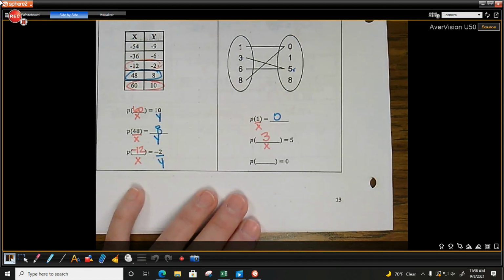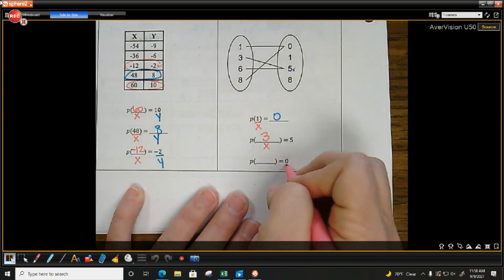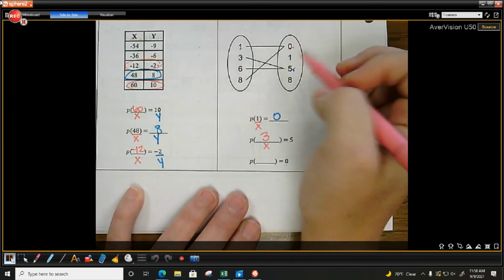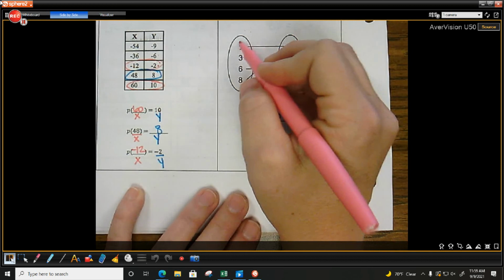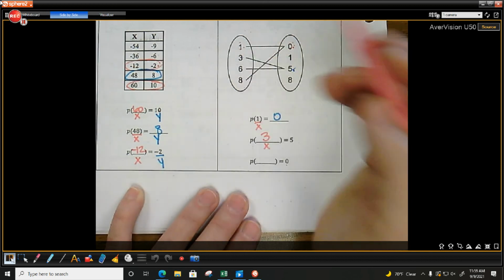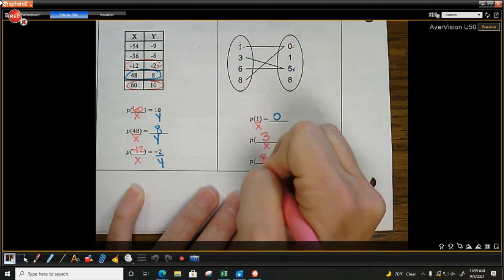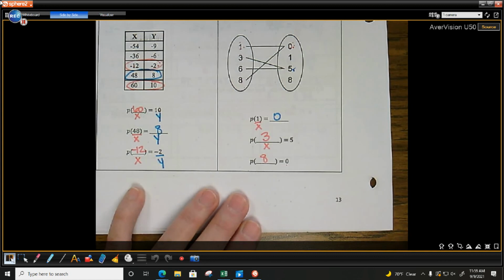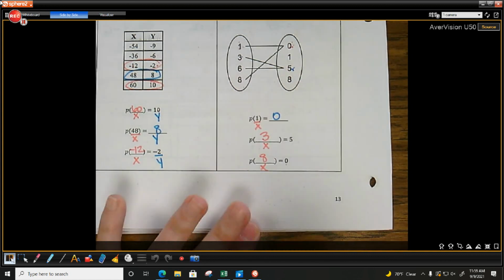Then when y is 0, what's the x value it's paired with? 1 or 8. Which one do y'all want to use? 8's bigger. I like 8. Okay. Are we good? Okay. What I want y'all to do is I want